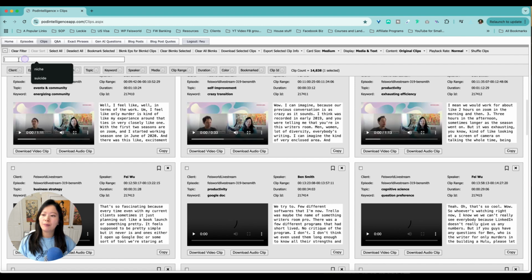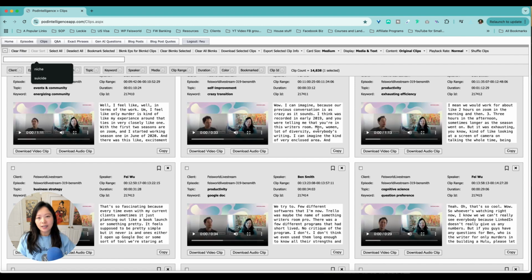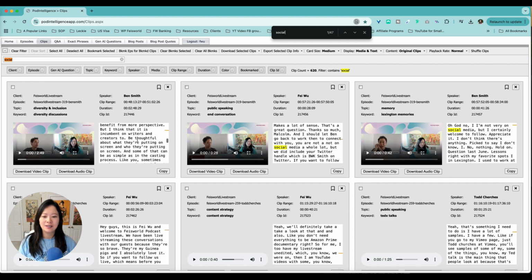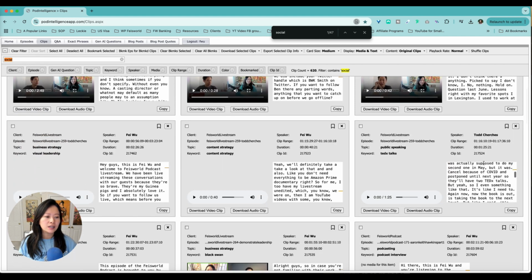I want to show you the power of text search. So text search is free text search. And what it means is that this is a feature that currently doesn't exist in a lot of other clipping tools. And when you search for text, for example, something as simple as, let's say, social network, right? So once I search for social, and looks like social media is something that I do talk about a lot. You'll notice social as a single phrase is mentioned in all these clips, you can see just based on